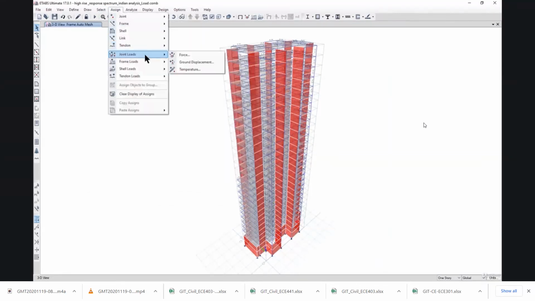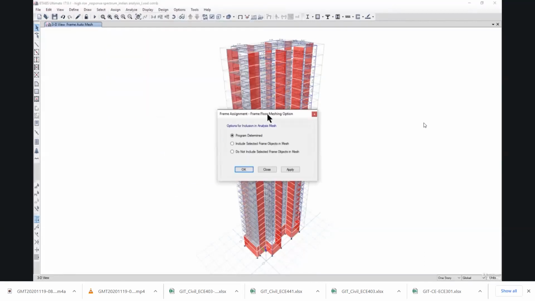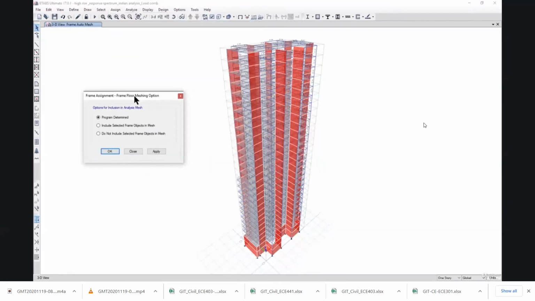After that, we need to go to assign again, assign frames and frame floor meshing options. So here you can see that either we can select program determined, or we can select include selected frame objects in mesh, or we can select do not include selected frame objects in mesh. So we can select all the frames here and then we can go for program determined meshing and then left